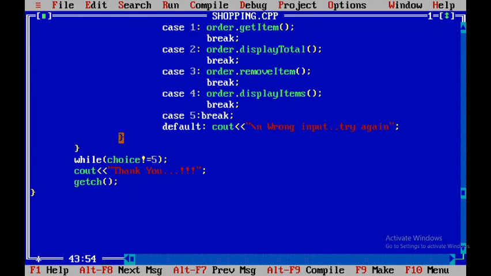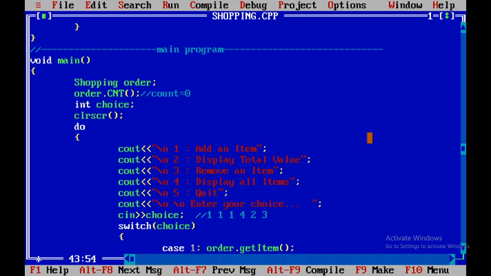So the switch is going to end. While choice was 3, which is not equal to 5, one more time the do loop will execute, and next we check display all atoms. For that, choice is 4.